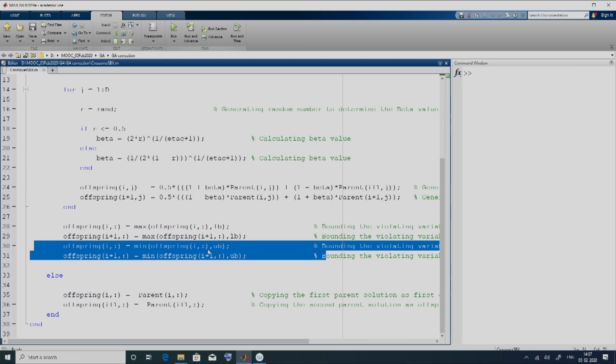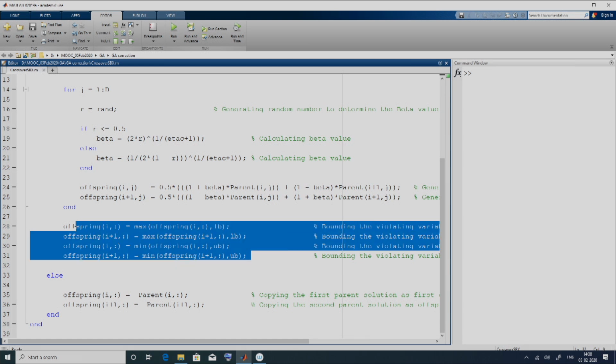For the ith offspring we are using the min function to make sure that it does not violate the upper bound, and similarly in line 31 we are bounding the I plus 1th offspring with the upper bound. You need to make sure that both solutions do not violate the upper and lower bound, right. That is why we have 4 lines over here.